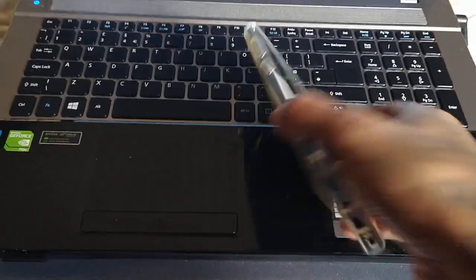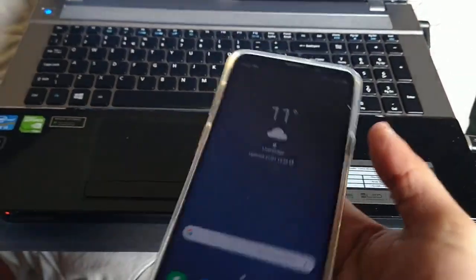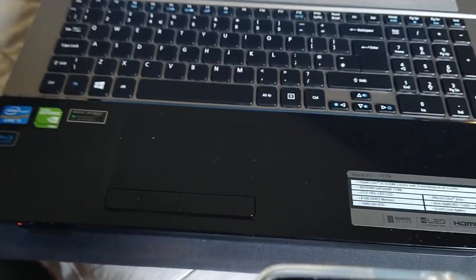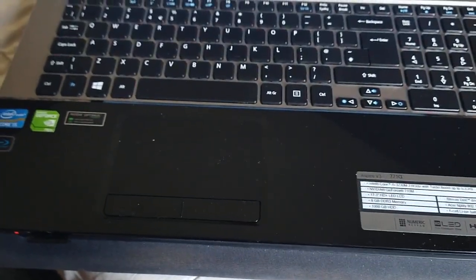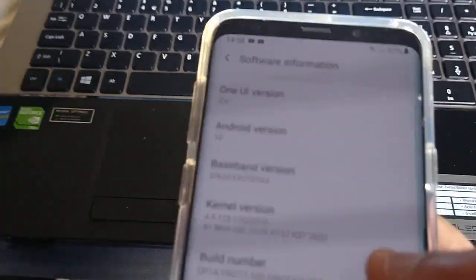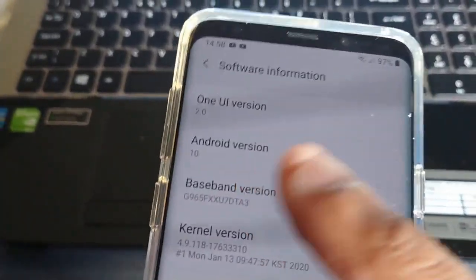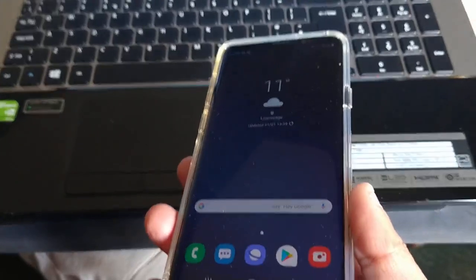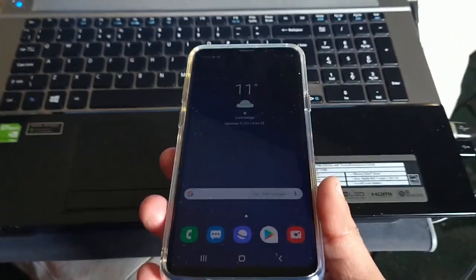So I'm using the Samsung Galaxy S9 Plus and I am running the new Android 10. Let me just show you real quick. About phone, software information. Okay, so there it is, Android version 10, One UI version 2.0. So yeah, I'm going to show you how to downgrade, but before I get started, I'm just going to mention,